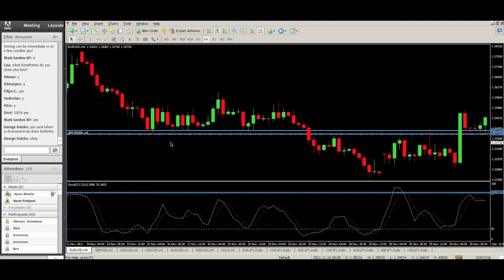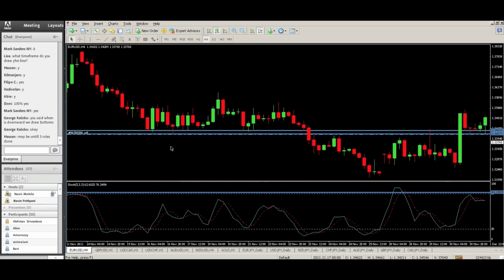Okay, take a look at this. Complete support. We're going all the way to 16th of November. Yeah, until 3 rules are done. Once you have 3 rules, you're good. You have support, you have resistance, you have a big candle break, and you're up in 28th November. So this level has been holding all the way back from last year. It's not really magic, but that's it.